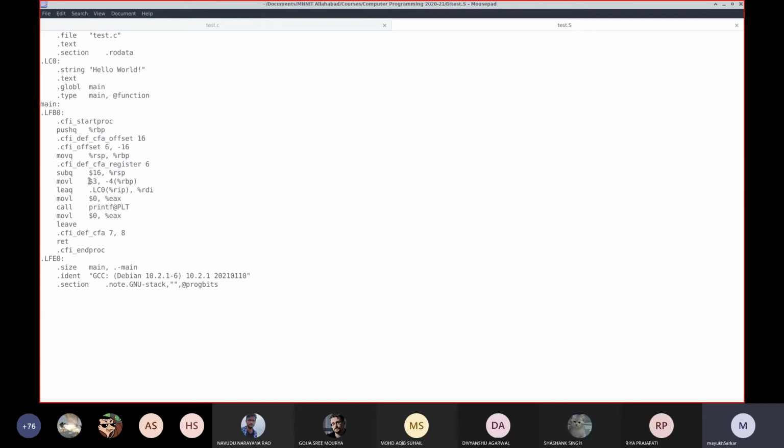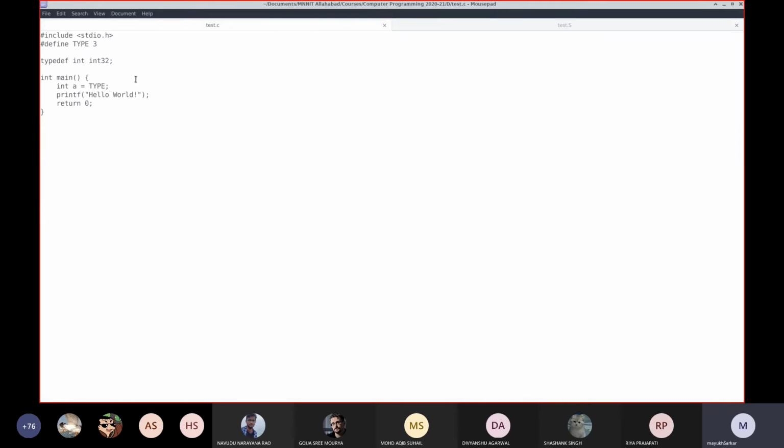Let me just tell you in brief. In fact, movl, this RBP is a register. Okay, and 4 bytes below that register, it is moving the data 3. In fact, at that location the variable a is stored.